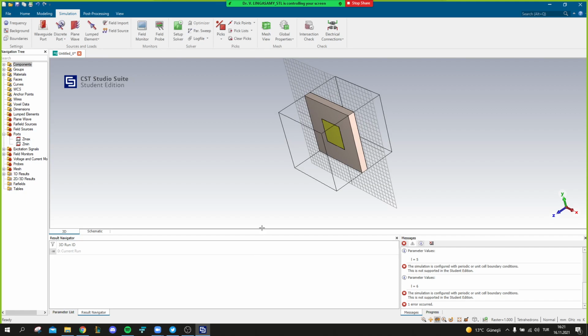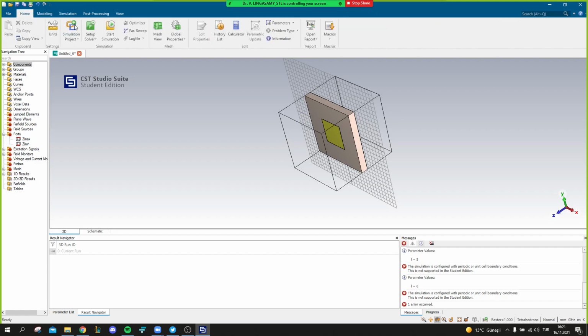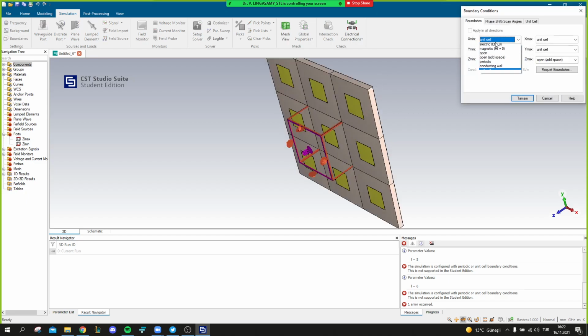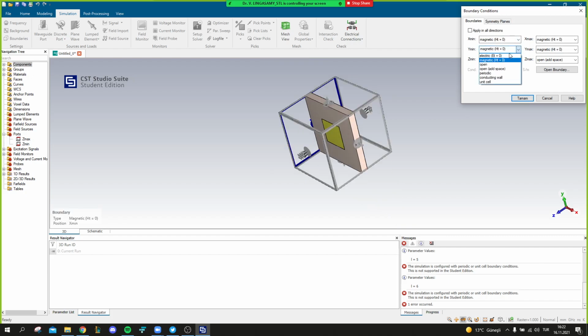Okay, then we can go for the waveguide approach. In that case, we have to change the solver to transient solver, and then the boundaries will be magnetic wall here, and an electric wall here.